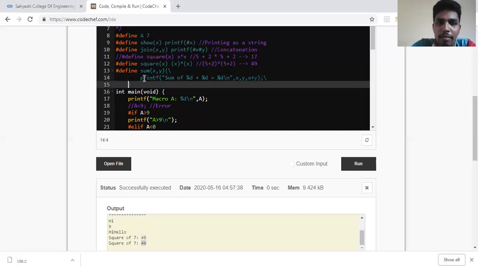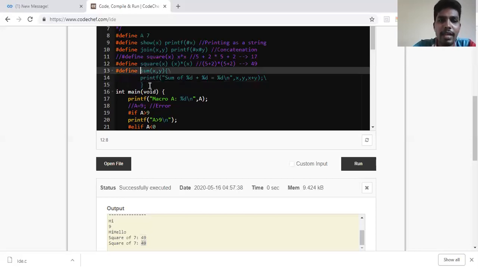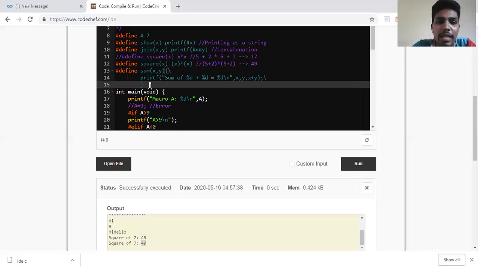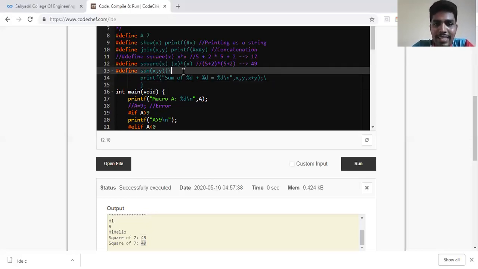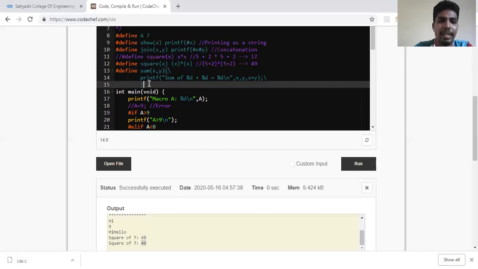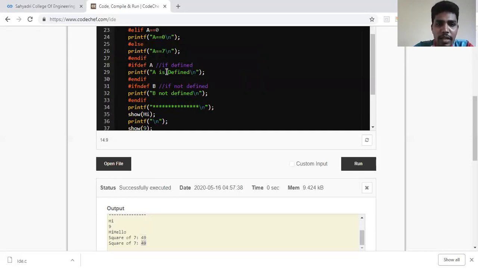Okay. So this is called multiple line macro. So if you can see here, it is not one line, it is multiple lines. So how do I indicate that it is a multiple line macro? I should be using a backslash. So a backslash is used for indicating that the definition of the macro is not completed. It's continued to the next line. But if you see in this line, I have not included a backslash. Why? Because it's an end. Only if you have a continuing line in the next, you should be writing a backslash, or else you should not write a backslash. So now we'll call this particular macro.